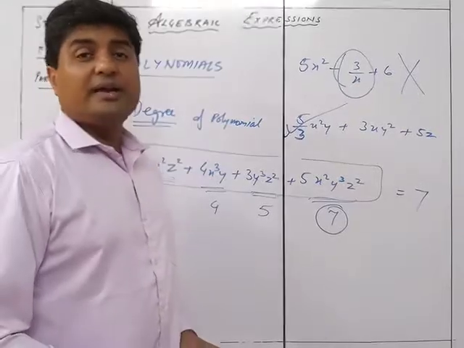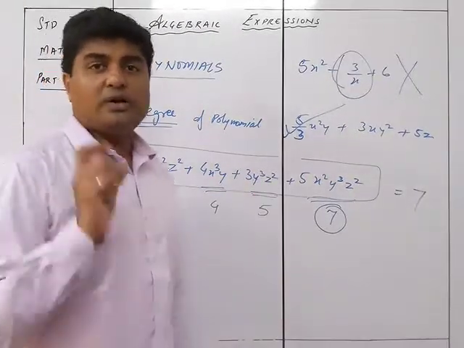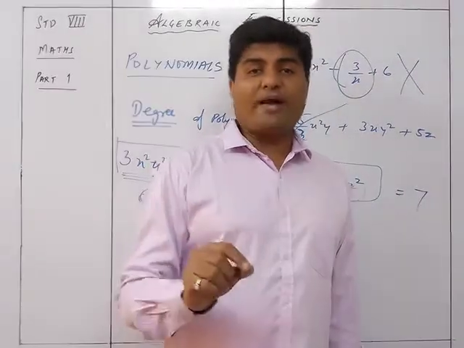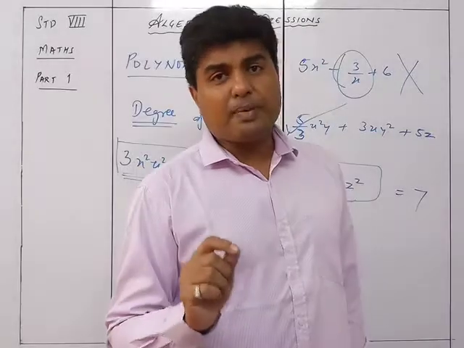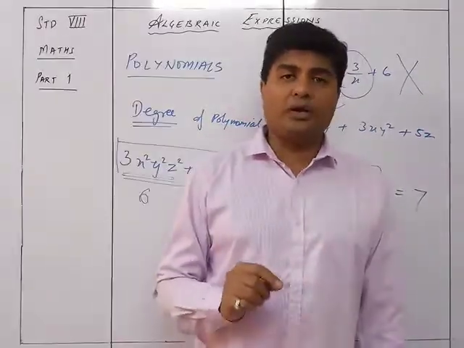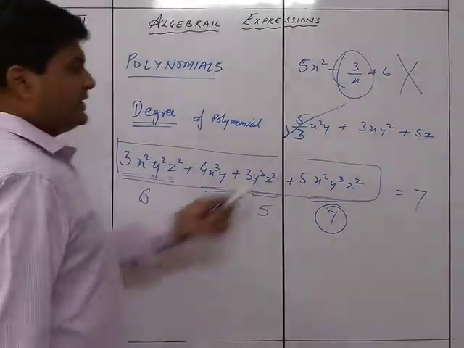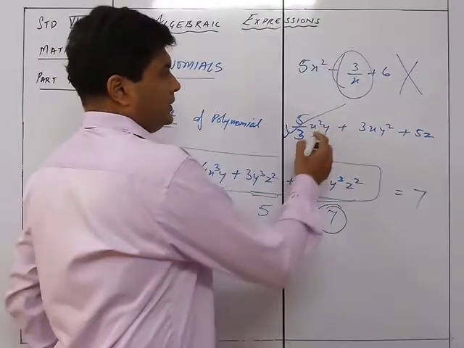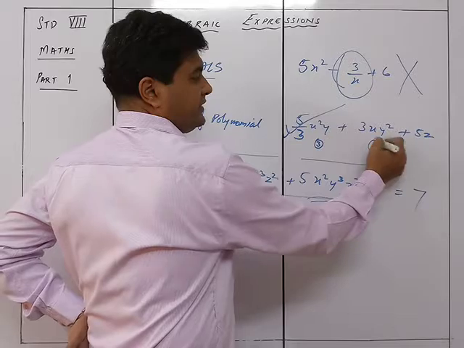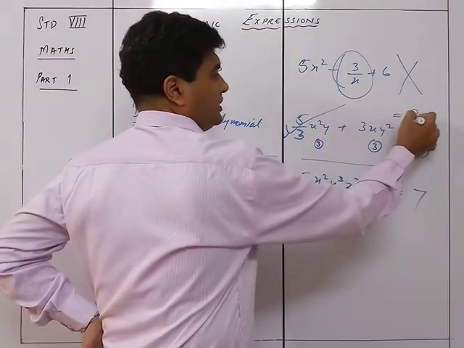Got it? The degree of the polynomial is: उसके अंदर जितने भी terms है, वो each and every term के अंदर कितने variables है, वो find out करो, और the maximum number of variables present in any of the terms becomes the degree of polynomial of that particular equation. We'll take one more example, this example itself. What is this? X square y. That is 3 variables here and 1 variable here. So what is the degree of polynomial? Degree of polynomial is equal to 3.